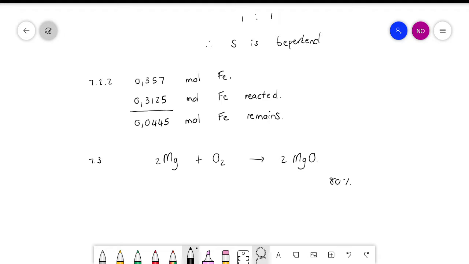maar hulle sê nou vir jou, jy benodig in totaal 30 gram van die magnesium oksied. You need 30 grams of the magnesium oxide to form. And then they ask you, determine the mass of magnesium that has to be burned to form the 30 grams. Okay. My raad vir jou is, gaan werk eers uit as 80%